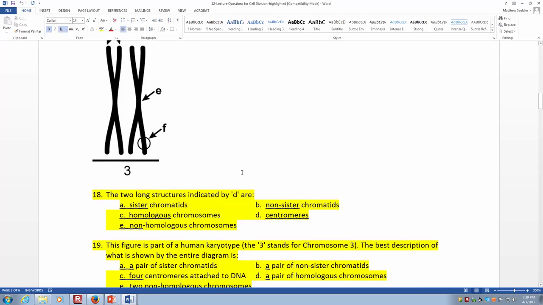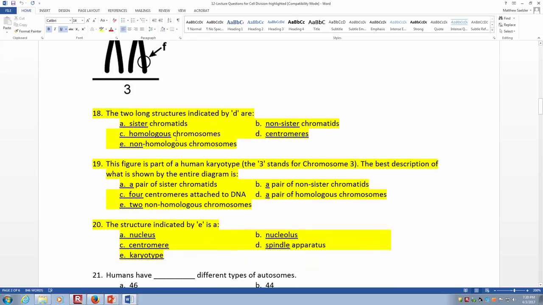And then I'll show you the picture and then scroll down to the question. So they're asking you what E represents. So in the picture, what does E represent? Right, C, the centromere. That's the constricted region where the two chromatids are attached to each other. And then what's the name of the complex that forms on the centromere of each sister chromatid? The metaphase plate is the center part of the cell that the chromosomes align on. It starts with a K. Right, kinetochore.